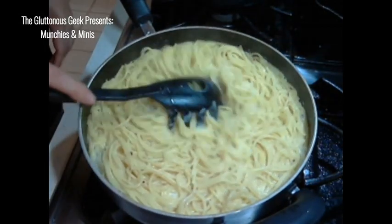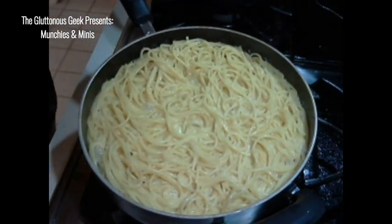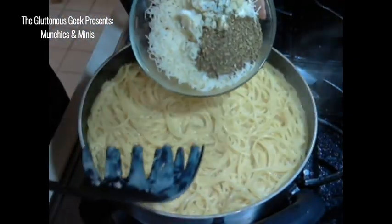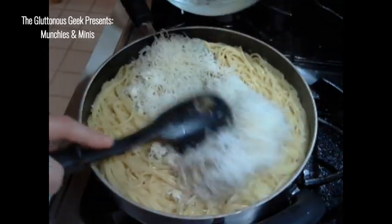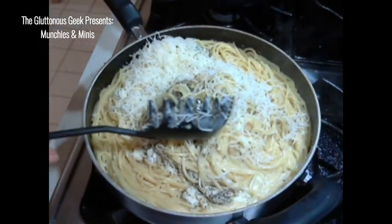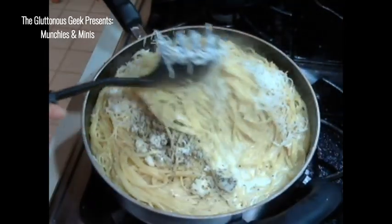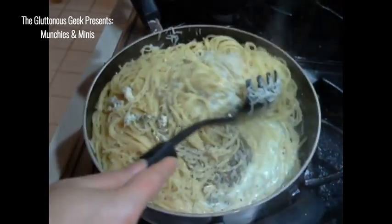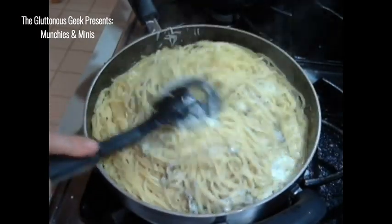I mean, sure, it uses a lot of, okay, I'm seeing some bubbles come up through there, so now I'm going to turn my heat off. And now, I'm going to add all that cheese and herbs that you saw earlier. Just kind of toss that in there. Take advantage of the heat I already have going in this pan. So now I just kind of want to gently toss that. Let it get into the liquid underneath